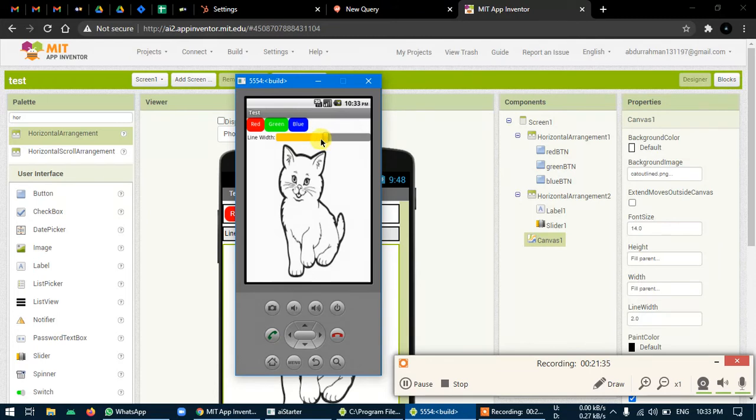You can move the slider to the right side or the left side. So minimum is 1 and maximum is 30. So let's just keep it somewhere in the middle. And now it's a color green. Now try to draw. Okay, I want some more width. Just increase a bit, and now it will be more. Again, you want to make it more, just make it more. Choose another color. We'll be getting some notches, space in between that. That is common in this, because a lot of bugs are there in Mighty Ham Inventor.